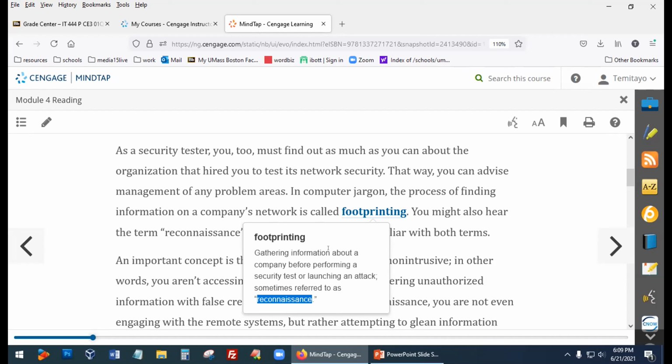So if it was in a job setting, what would you be looking for? Okay, I have an interview in 2 weeks, or next week, with this company. What are you looking for? And how would you get that information? I would look for reviews from people who worked there before to see how they feel about it, and see if they have any tips on the interview process. You can find that information on Glassdoor.